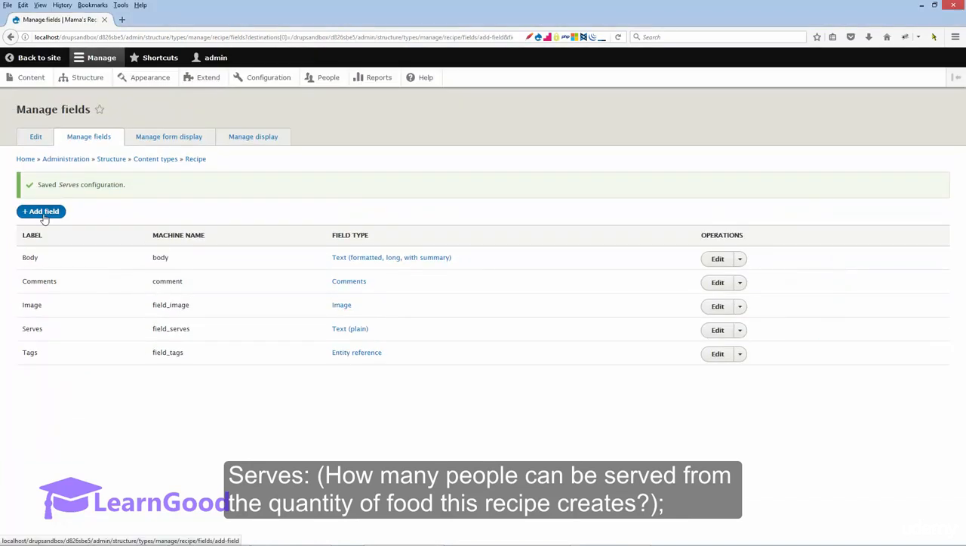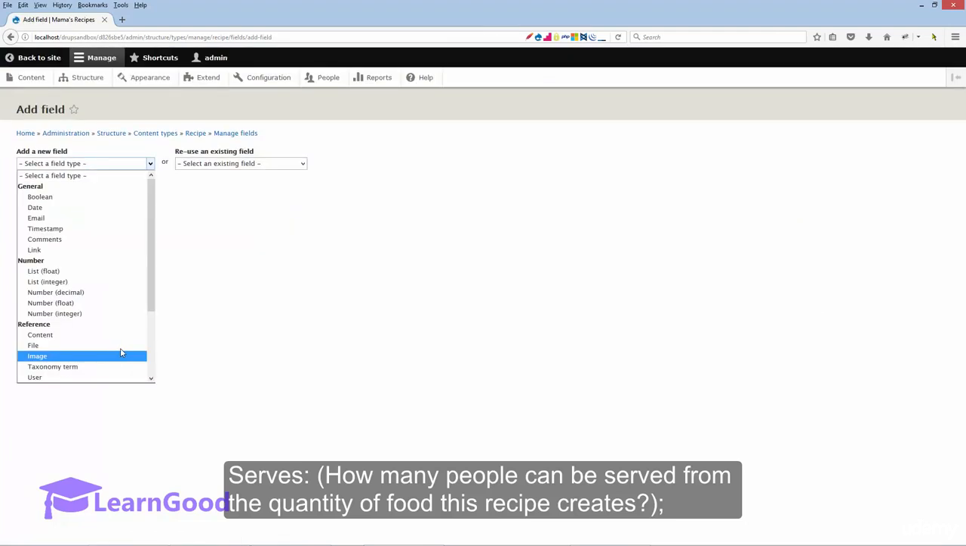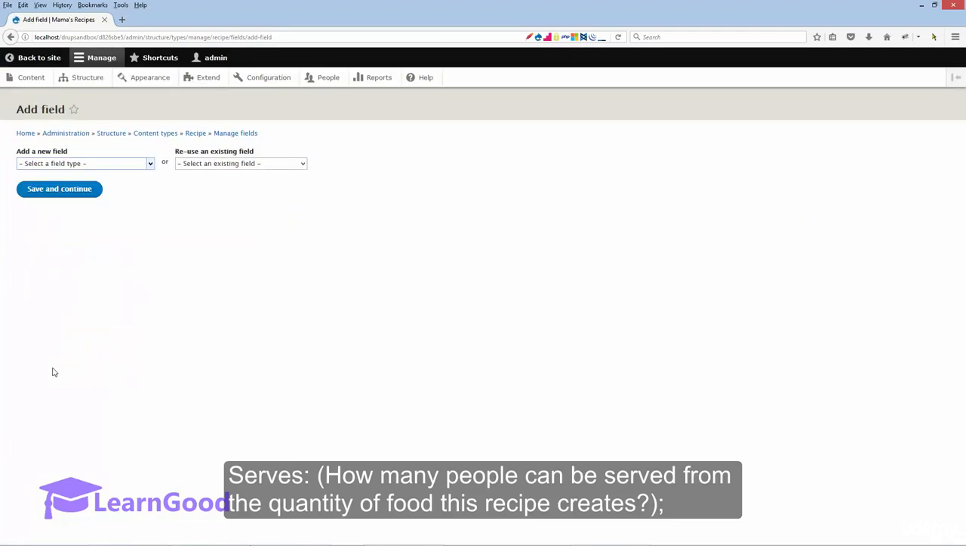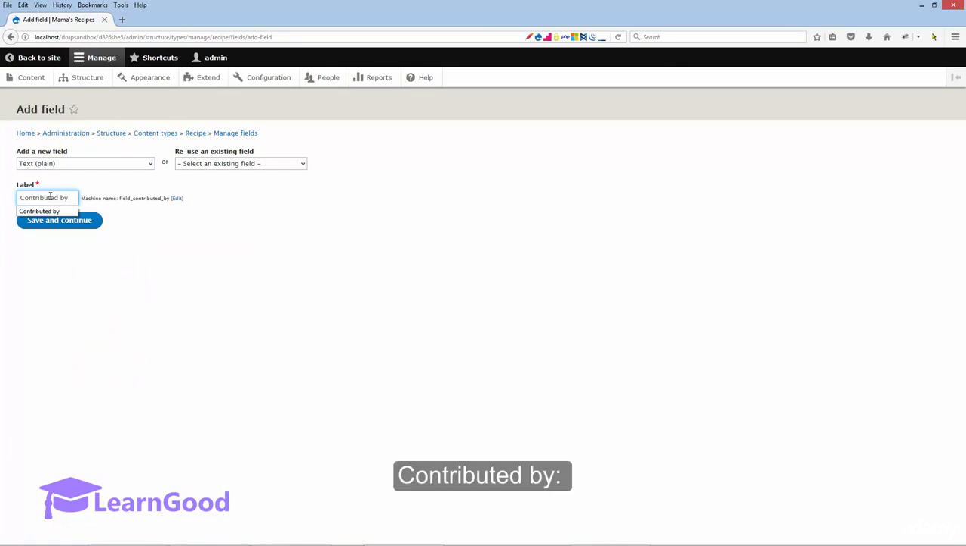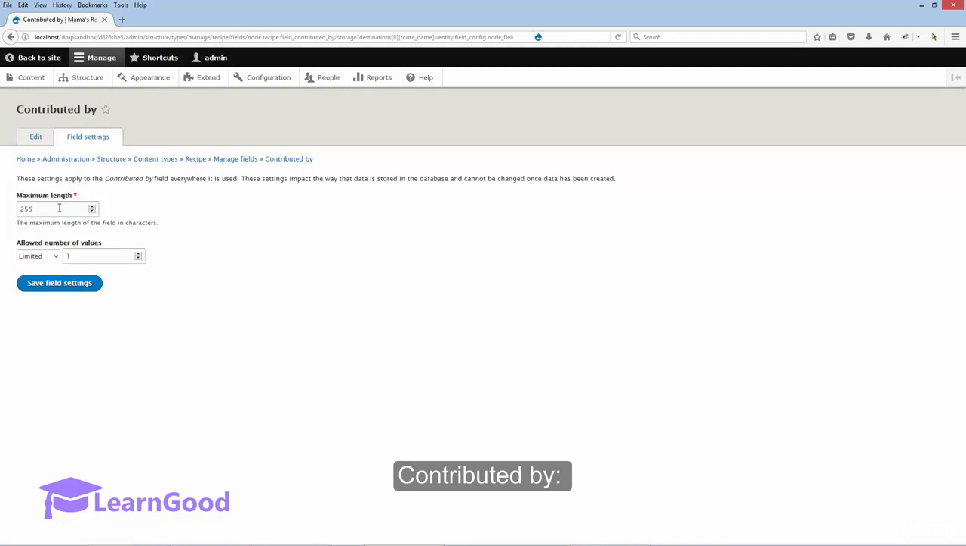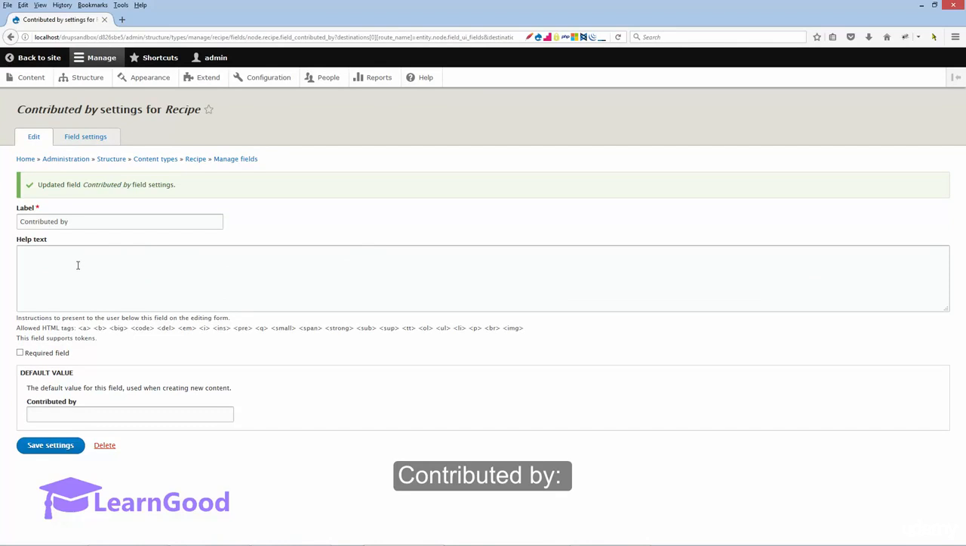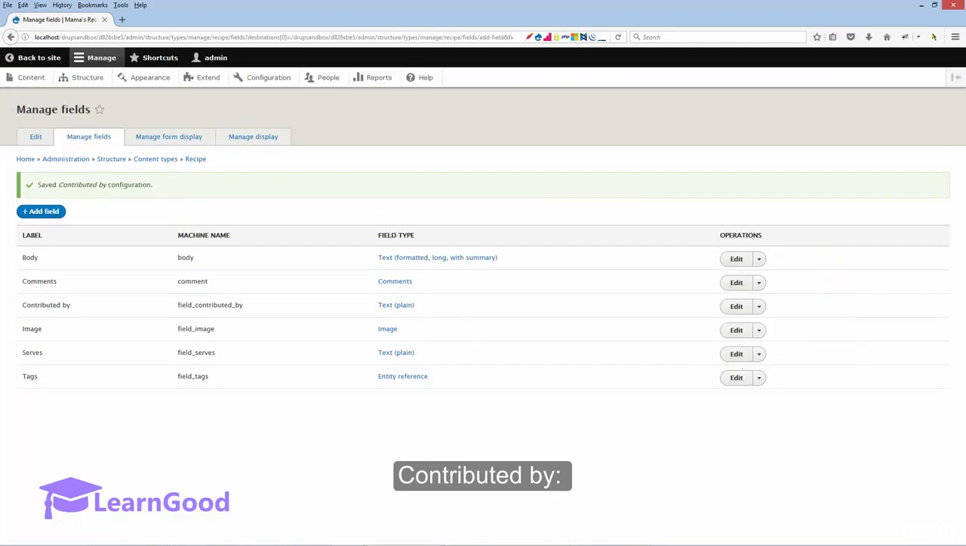Next field, again, I'm just going to take plain text, and this is the contributed by. Now you can understand why I removed the author information earlier on, because I'm giving this contributed by, and this will hold the name of the person who actually gave this recipe to our website. Okay, once again, make sure you give meaningful help text everywhere. Next one I got is